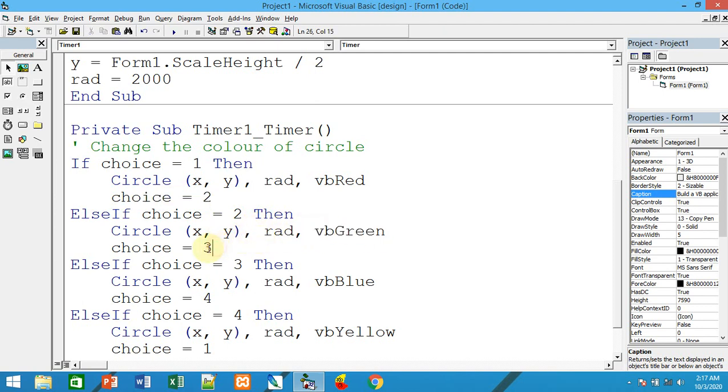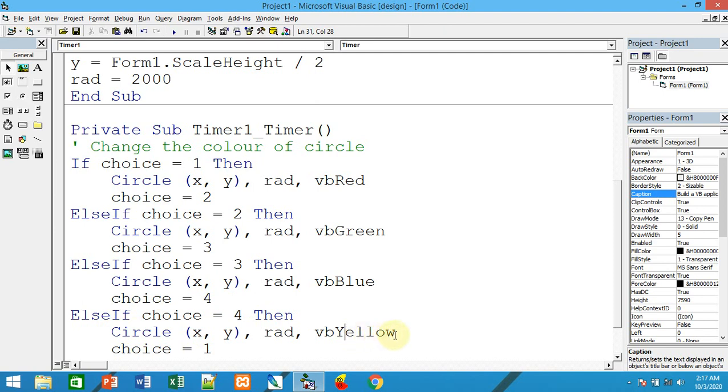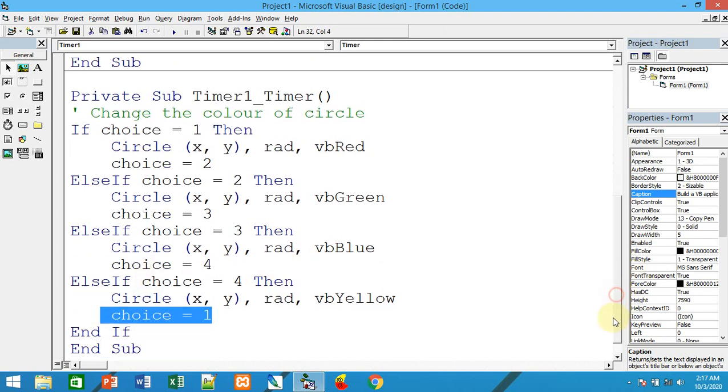Next, from green to 3, which is displayed with vbBlue, and then choice will be 4, which is vbYellow. When the circle is displayed in yellow, it leads back to 1, red again. So red, green, blue, yellow, and repeat. This is the code.